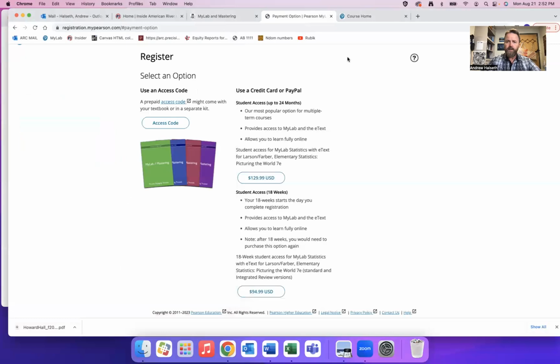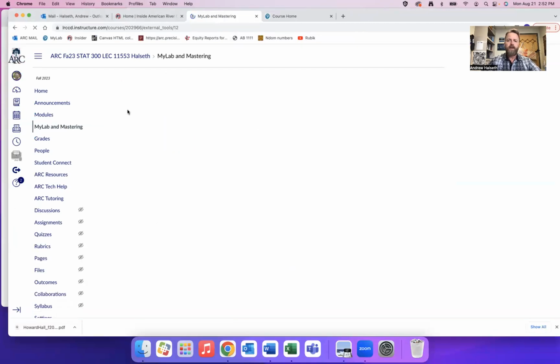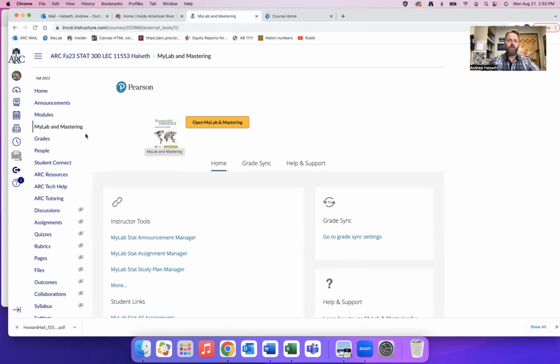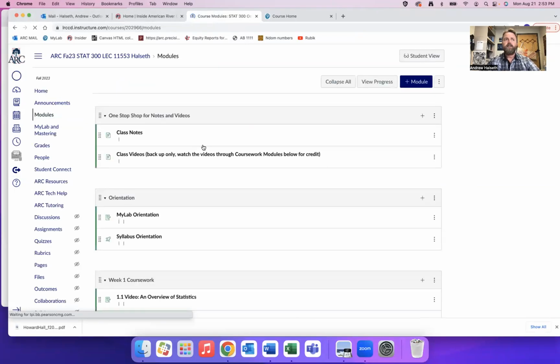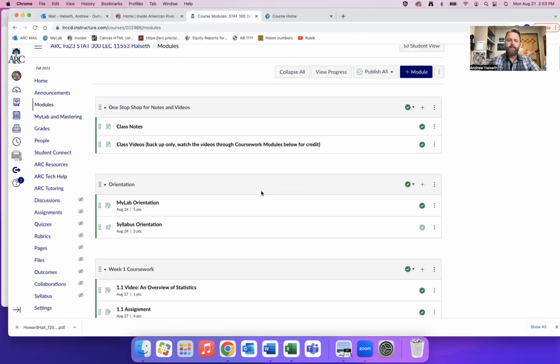Okay, so once you have your account set up, let's leave the student view. Now you're all good to go. Everything should work. Okay, so the next thing you'll do is click on modules, and that's where everything is located. Okay, so everything you need to do for this class is in modules. All right, so I'll refer to that in a moment, but